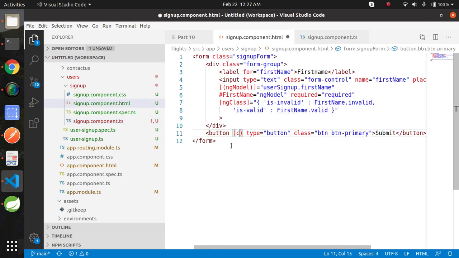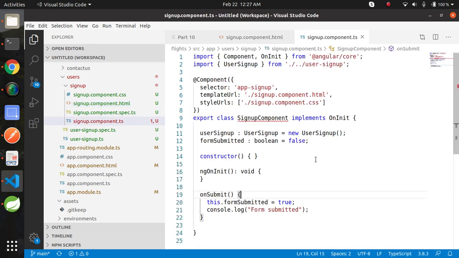Here click equals to onSubmit. When someone will submit the form, then we will mark formSubmitted variable as true.